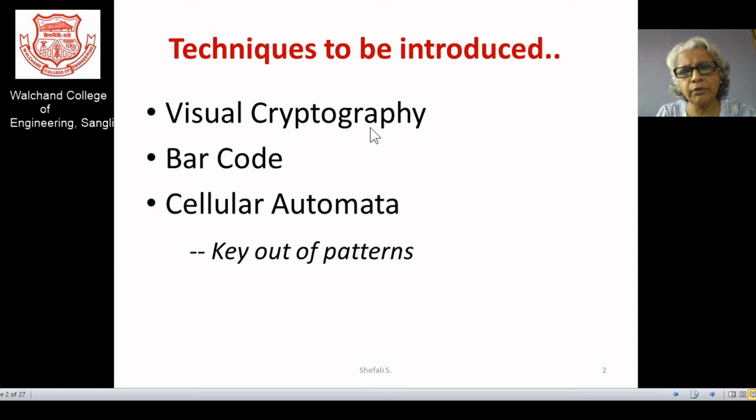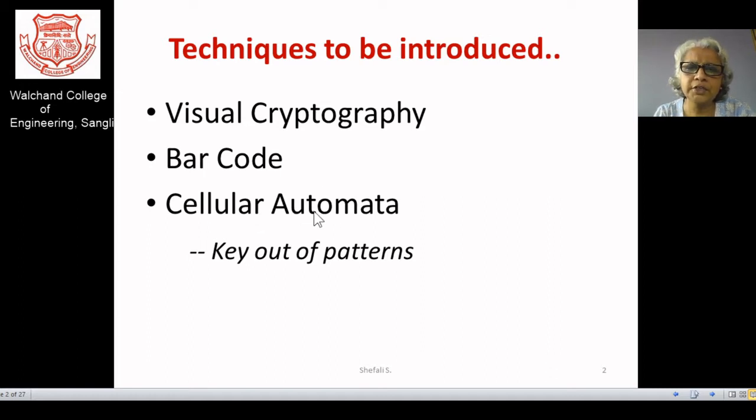I would like to give you a few points as hints on in what way you can carry out some project related to this, some UG level or even PG level projects. Another representation you may have in code form is popularly known as the barcode. So we may look at one-dimensional or even two-dimensional barcodes.